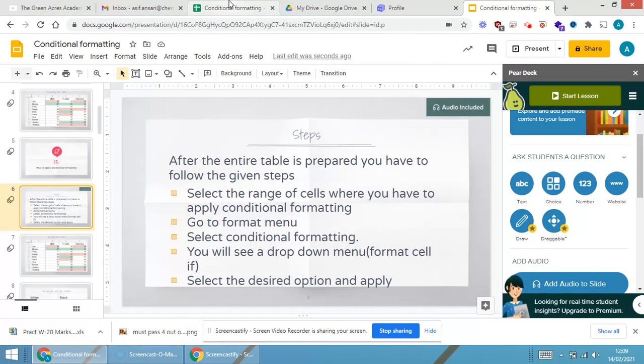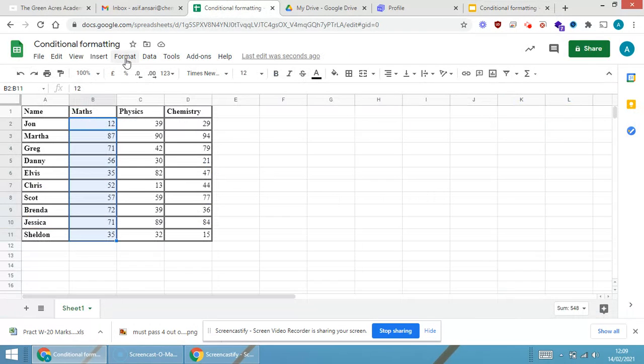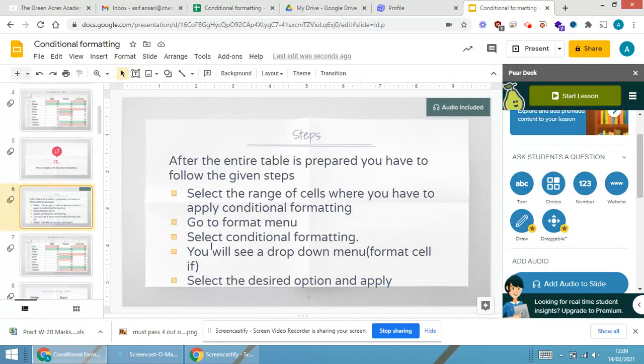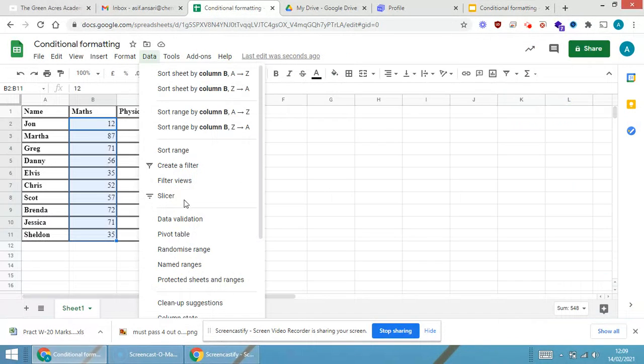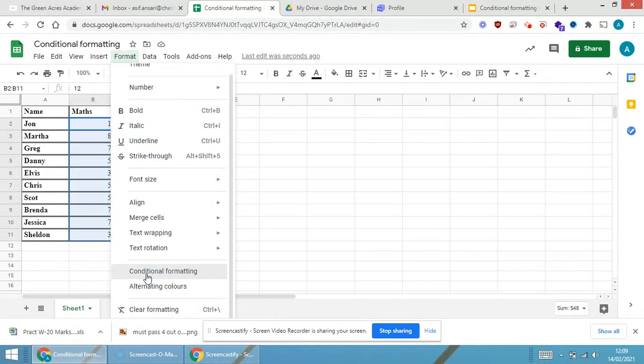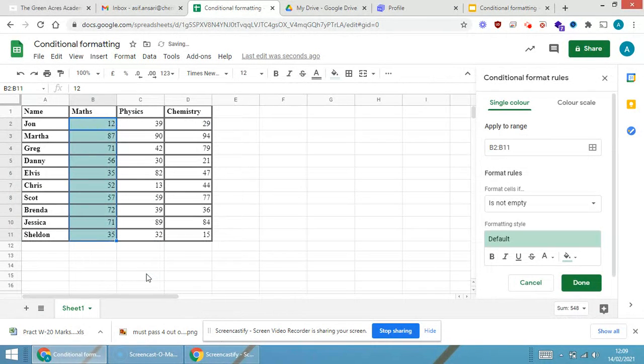Go to format menu. So I will be going in go to format menu. When I click on format menu, what I will be able to get, select conditional formatting. You will see a drop down menu, format cell if. So click on the conditional formatting, format, conditional formatting. When you click on conditional formatting on the right hand side, you will get conditional formatting rules, single color, color